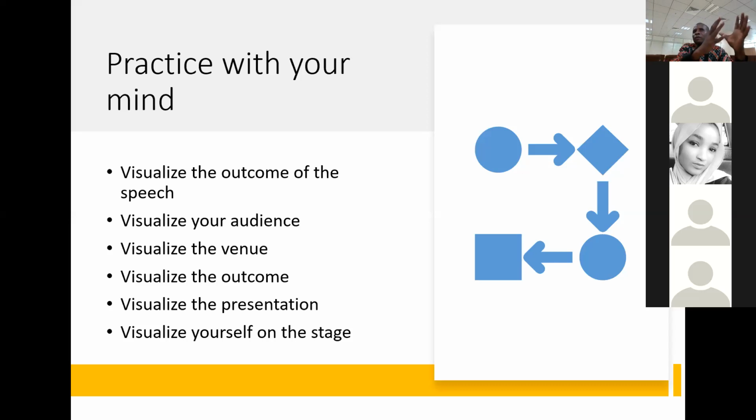And then visualize how you are going to speak using your 3x3 matrix. What are you going to say first? What idea needs to come first? What idea needs to come second? Are you going to use the cause and effect? Are you going to use chronological method? Are you going to use the causal method? Whatever method. So you begin to put them in place. And I tell you, you will be happy while doing that in your mind.